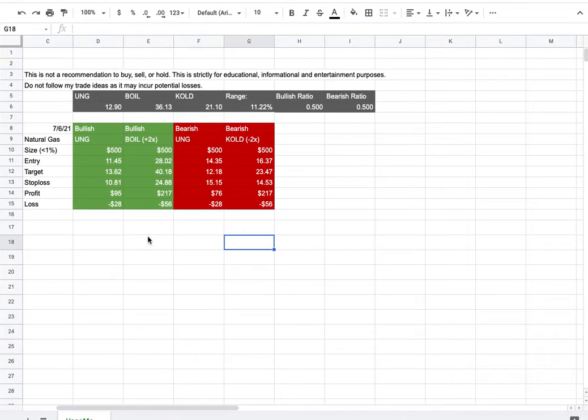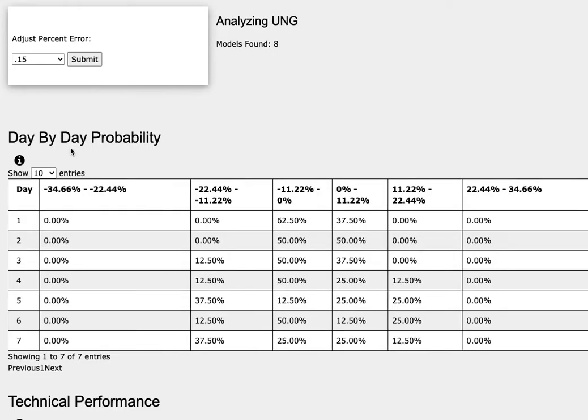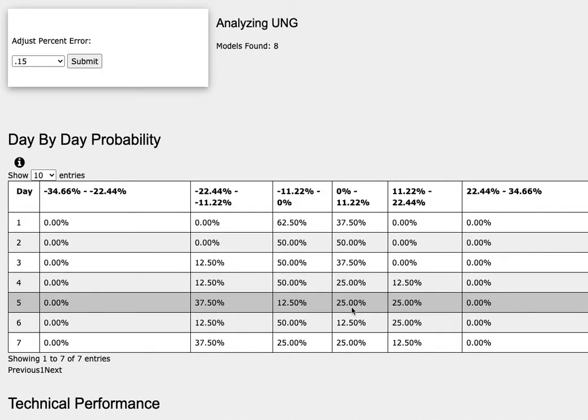So how did I develop these trade ideas? It all comes from the day-by-day probability model, which is available in the link below, so do check it out. As we progress to the 5th day, or week of trading, natural gas has a 25% chance to climb between 0 to 11%, another 25% chance to climb between 11 to 22%. To the downside, it has a 13% chance to fall between 0 to negative 11%, and a 38% chance to fall between negative 11 to negative